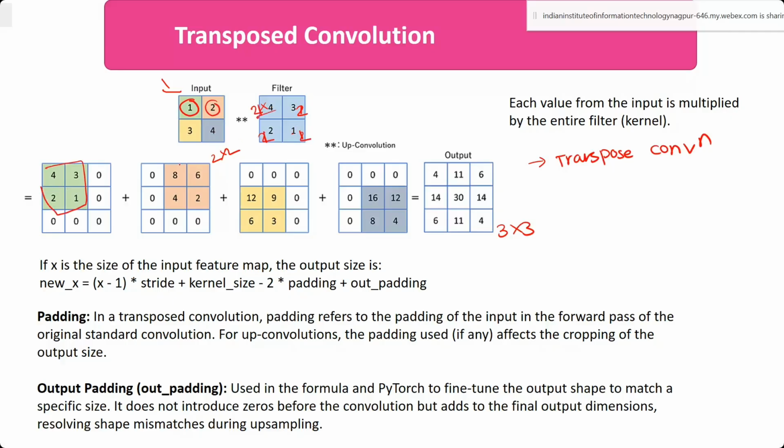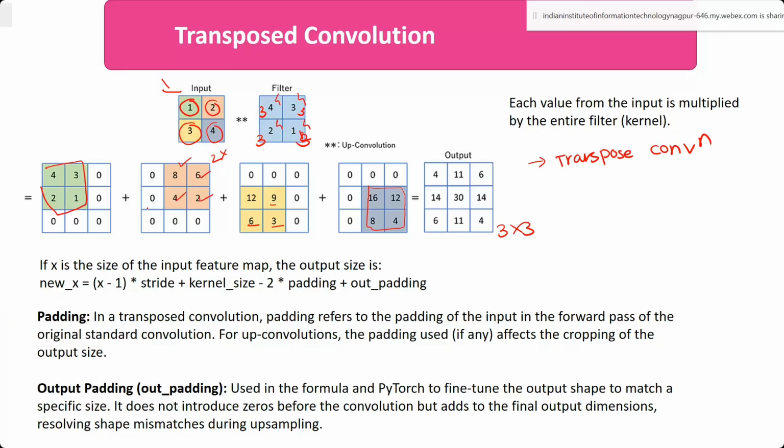So what output will I get? 4 into 2, 8. 3 into 2, 6. Then 2 into 2, 4. And 2 into 1, 2. Like that I will place it here. Then I will take this third value and put it here. Now I will take this 3 value and put it here, 3, 3. I am expanding the input data over the kernel. So what answer will I get? 4 into 3, 12. Then 3 into 3, 9. 3 into 2, 6. 3 into 1, 3. Now I will take this second value, 4, and put it here, 4, 4, 4 and 4. So accordingly, I will get this answer.